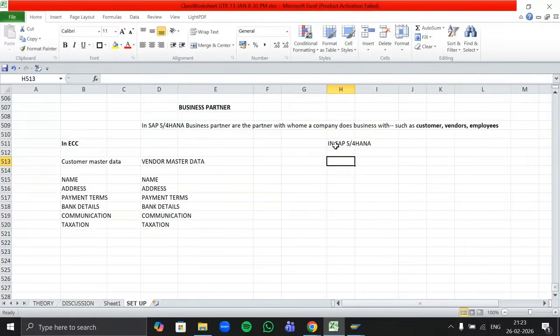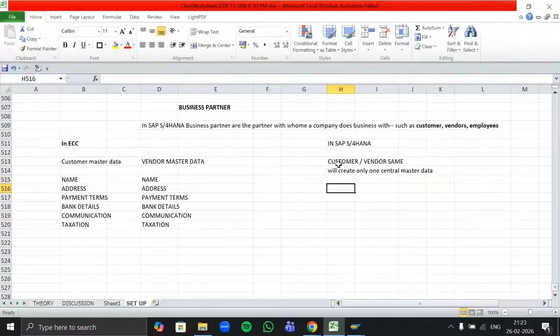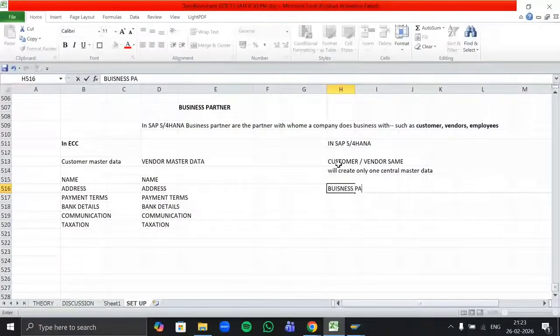So in SAP S/4HANA, what happens if your customer and vendor are the same? We'll create only one master data, a central master data, known as our business partner data.